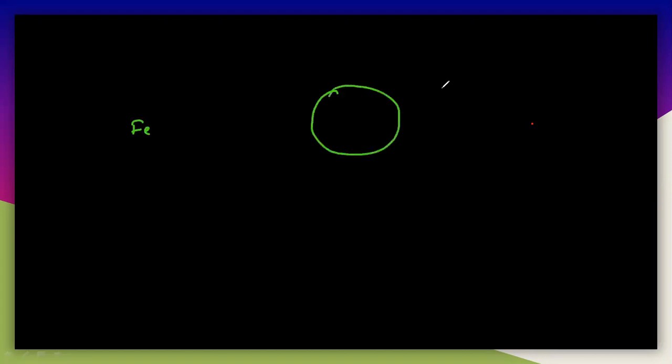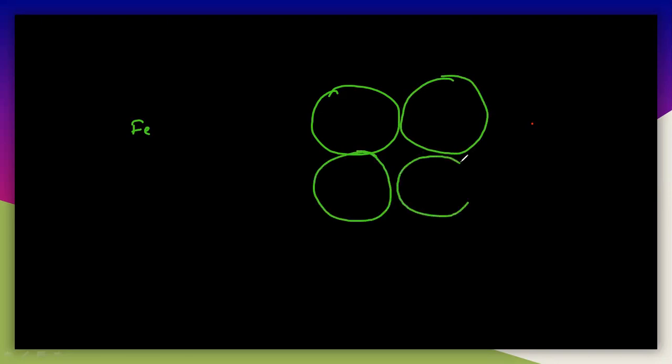So oxy and deoxyhemoglobin. I told you already the exact structure of hemoglobin, which is a tetramer. So there are 4 monomers or 4 subunits. This is one heme group, this is another heme group, and this is another heme group, and this is also another heme group here.